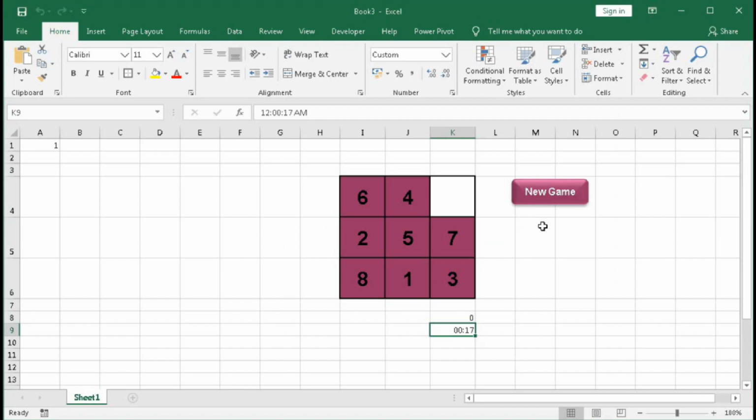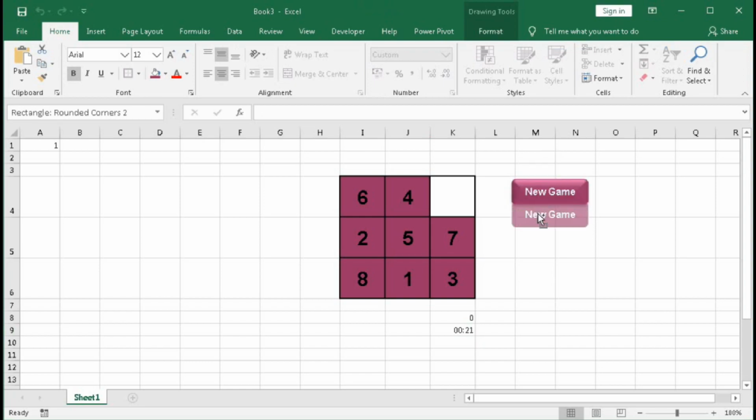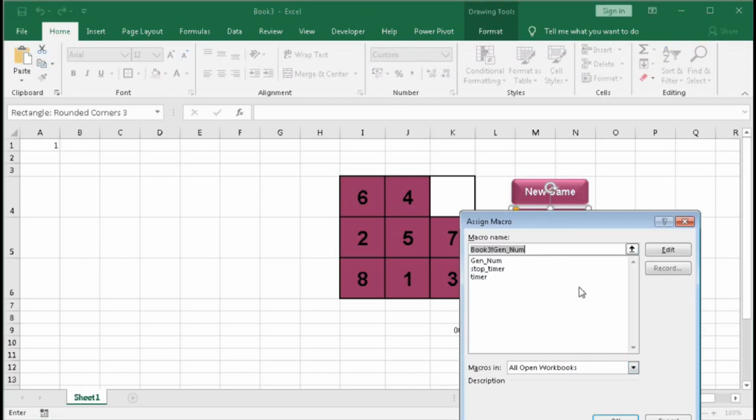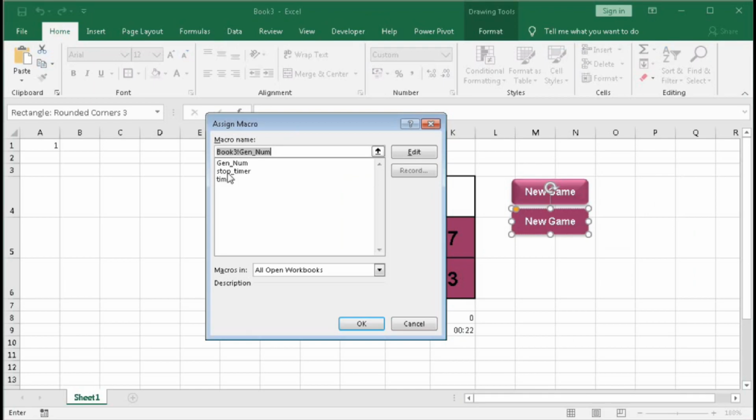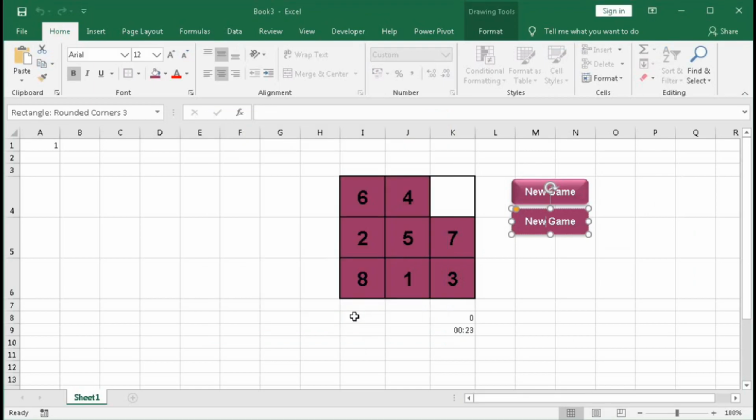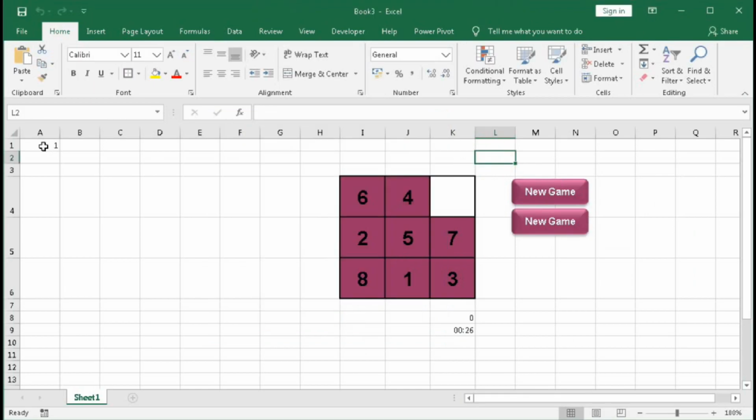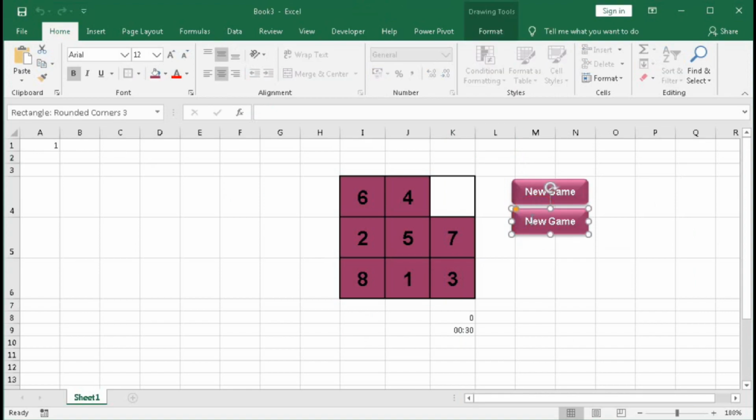And we will create a button here. Just copy this button by holding the control button, right click, assign macro, assign this stop timer. Okay, as this timer started, you can see here A1 becomes 0 and we have to rename this one.